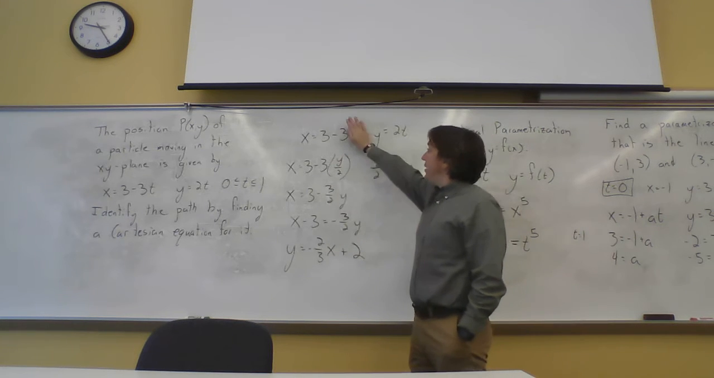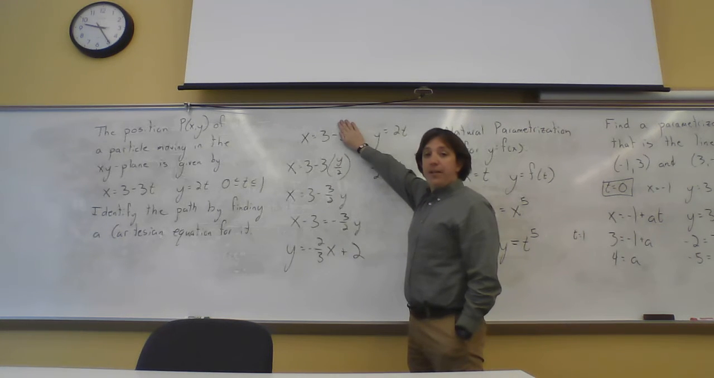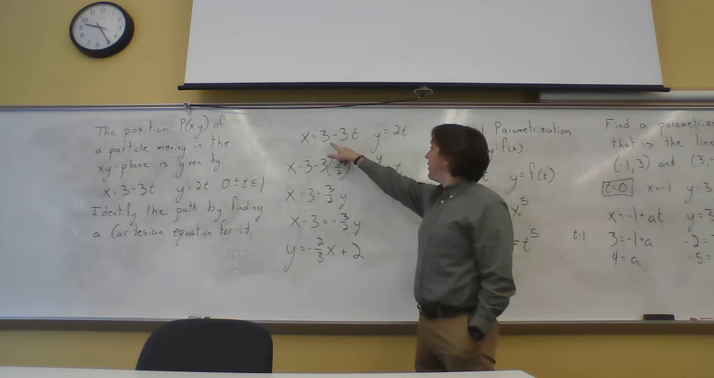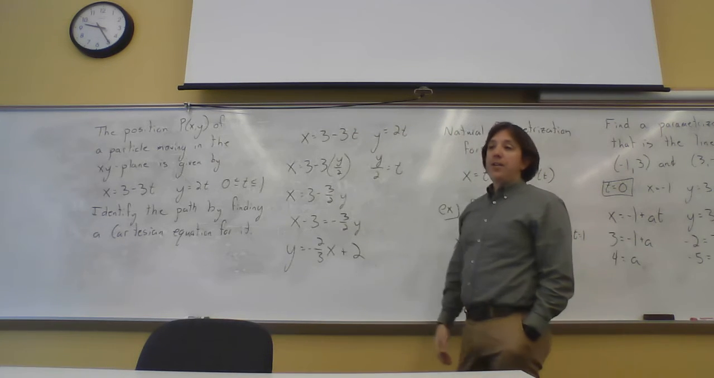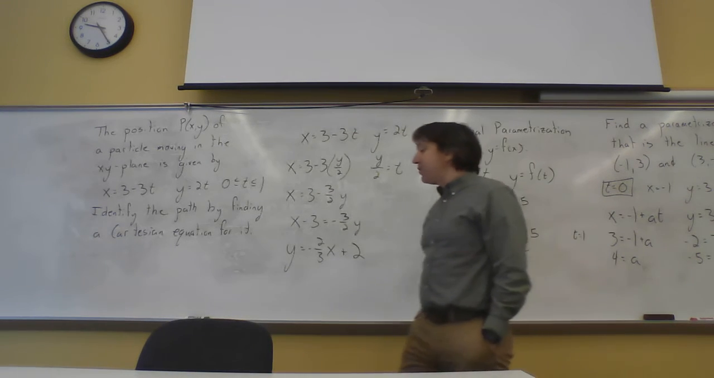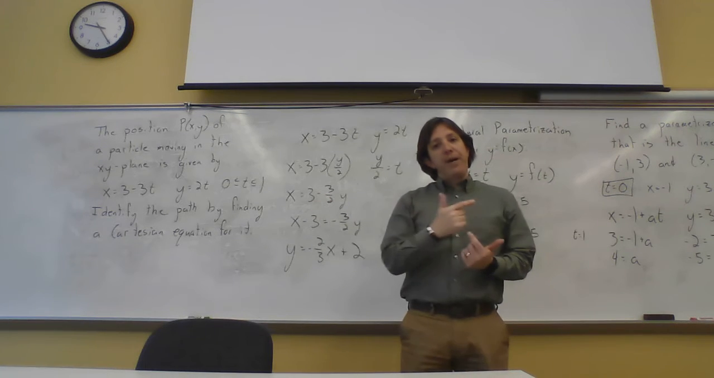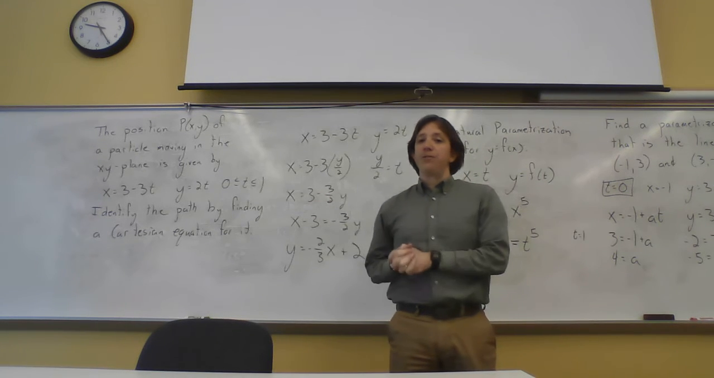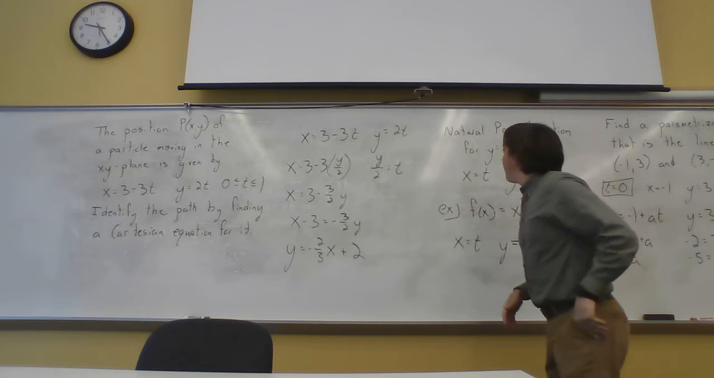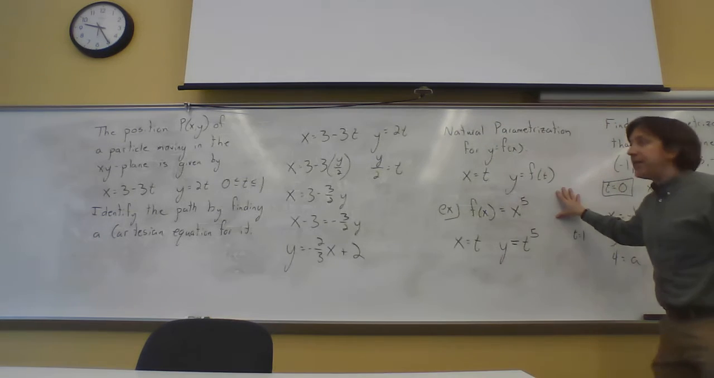You can go back and plug in 0, and if you do that, x is 3. And if you plug in 1, you get 3 minus 3, so you get 0. So you get all the x values from 0 down to 3. This would actually be going backwards from x equals 3 to x equals 0. But there we go. All right, next up, the natural